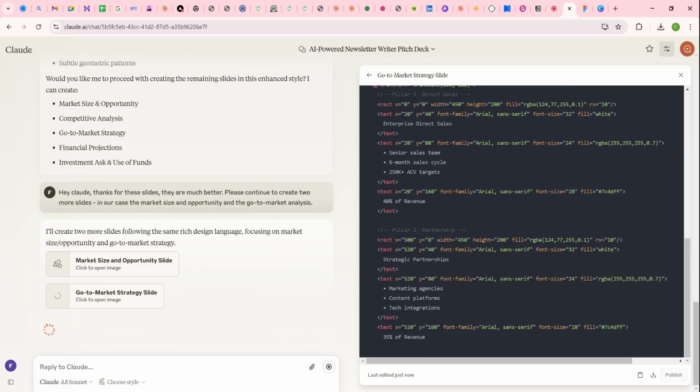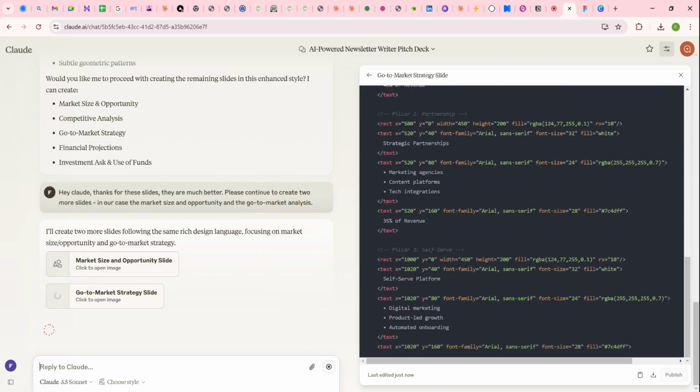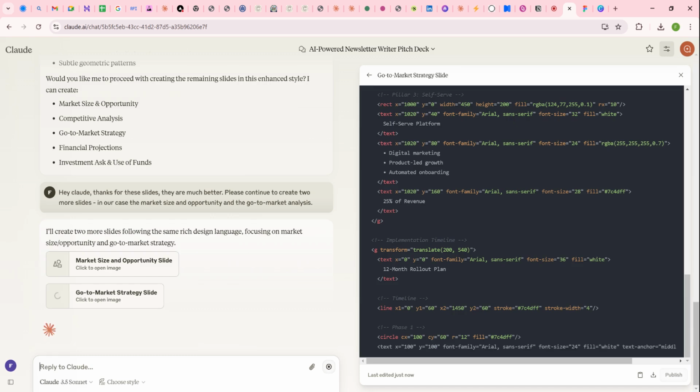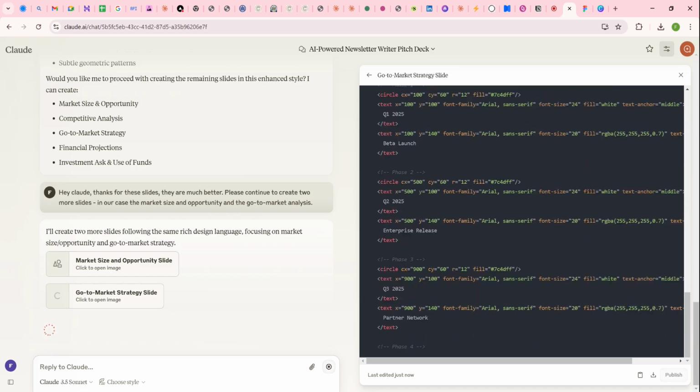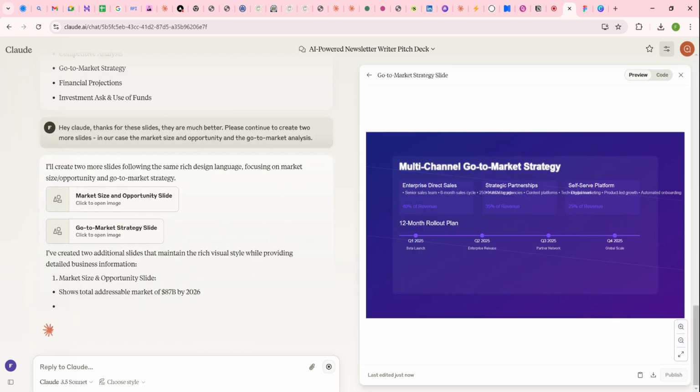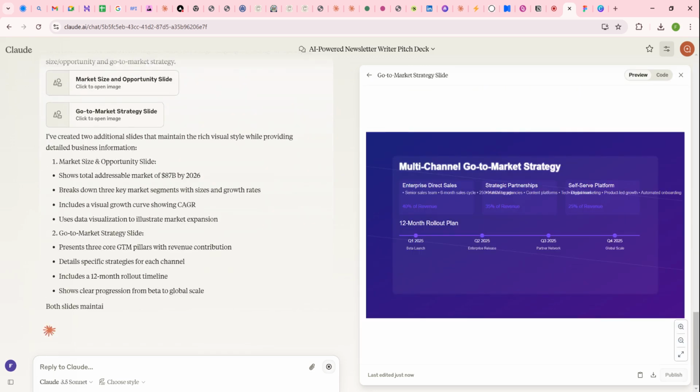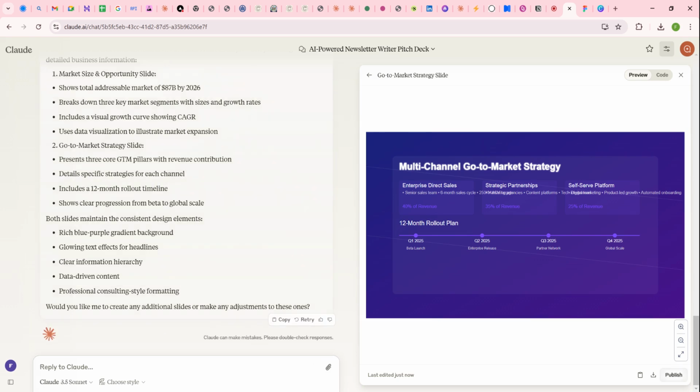It creates those 2 slides. You can see the content, how it is developing the content, and also how it creates those different parts of the image. And now what we can see is 5 in total slides that are very rich in content and very rich